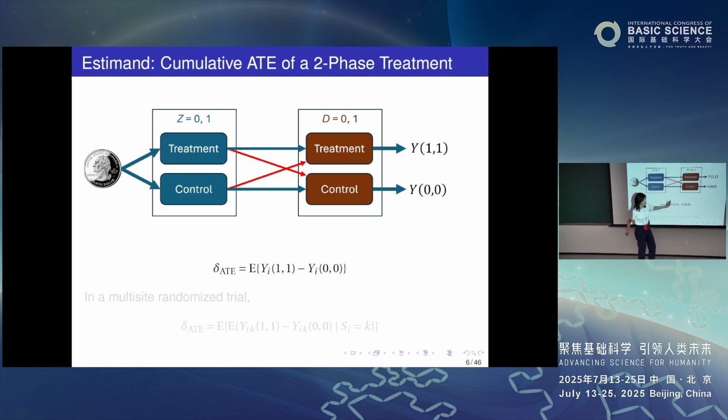What would happen, right? What's the impact of taking a sequence of treatment compared to taking a sequence of control for subject i? But as we know, for one subject, you only take either the treatment or the control. So those two potential outcomes can never be jointly observed for each subject. Individual causal effect cannot be estimated unless you make very, very strong assumptions. So what people are interested in is always an average difference between Y11 and Y00. And this is the cumulative ATE that we're interested in.